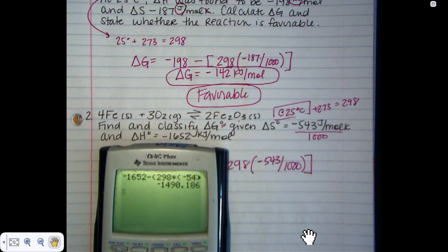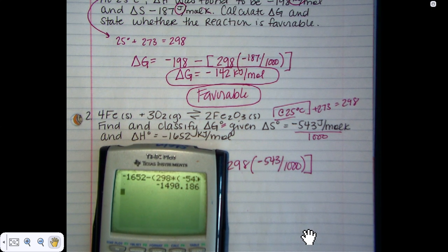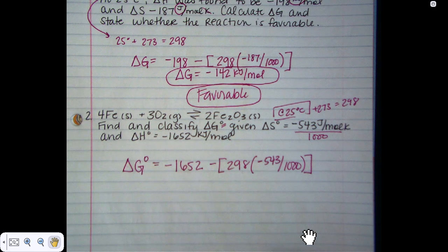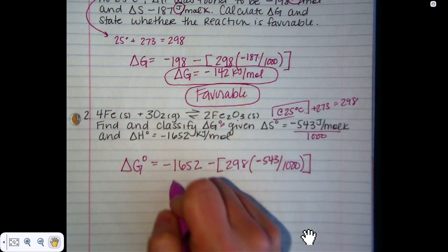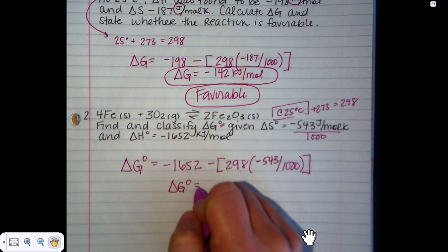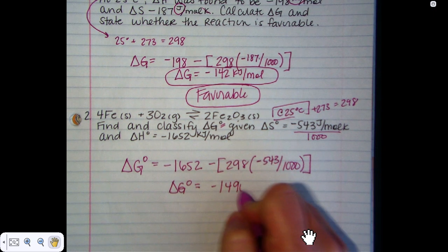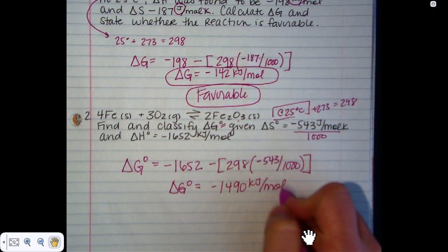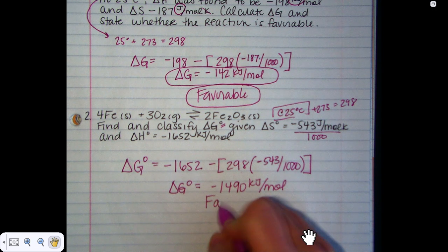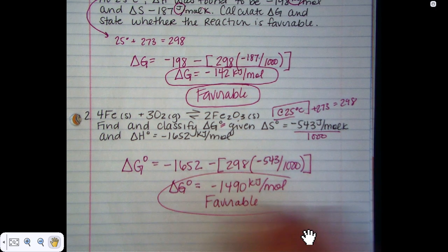Okay, and so I get negative 1490.186. No decimal places, so delta G naught is equal to negative 1490 kilojoules per mole. It's negative, so it's favorable. All right,